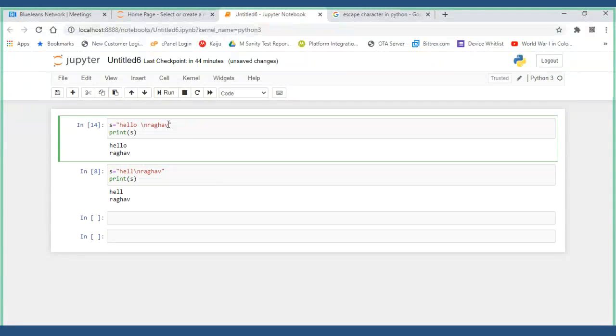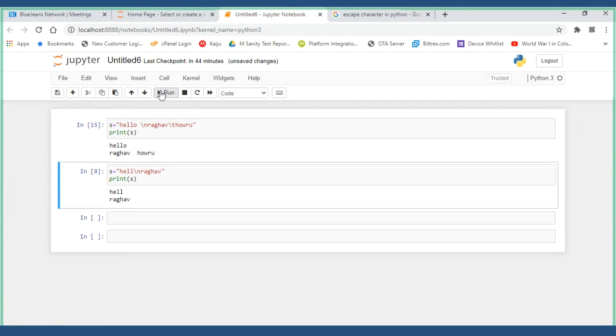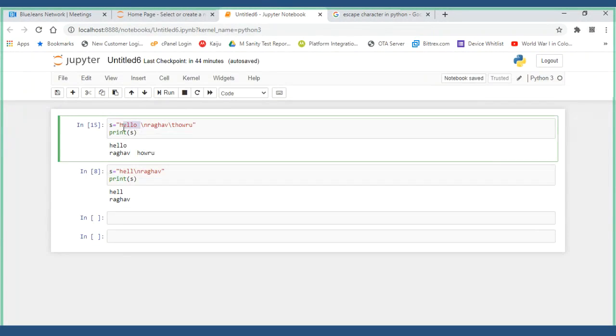Now hello Raghav, \t, how are you? If I run it, see the tab space has been provided. First it printed hello. Then it came to know that I have to go to a new line, so it went to the new line and printed Raghav. Then it encountered one more thing called /t, meaning a tab space, and it gave the tab space, and then printed the remaining part of the text.